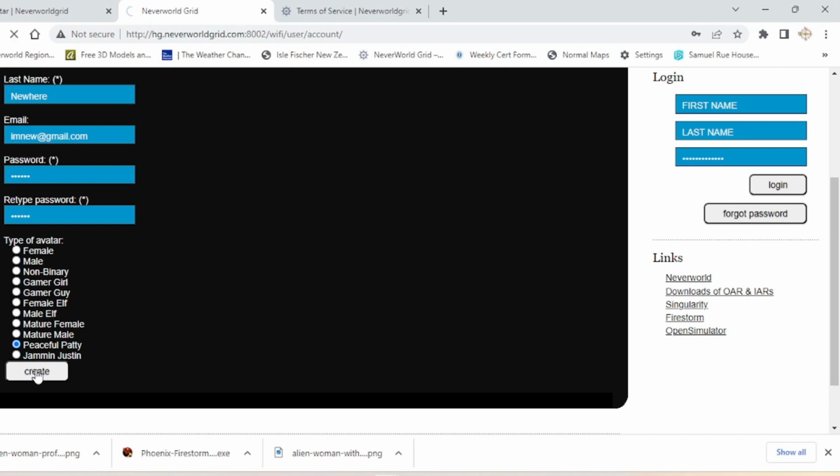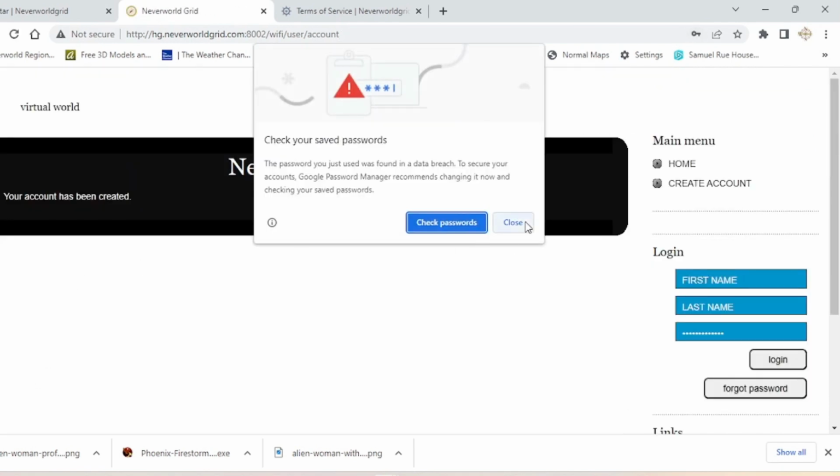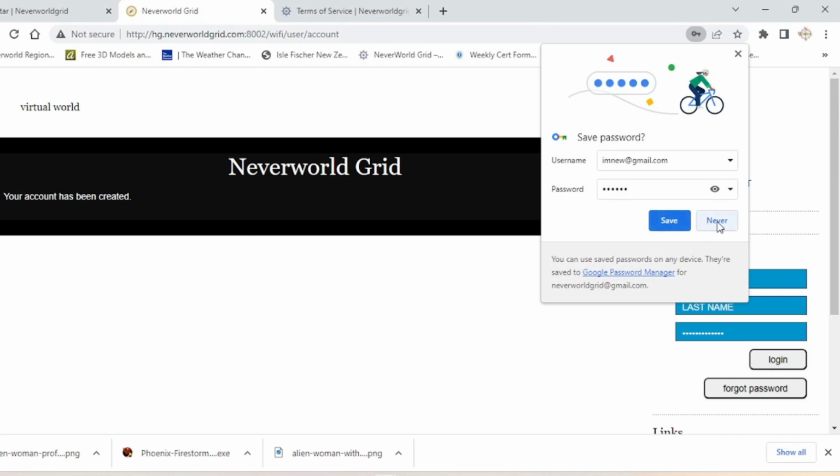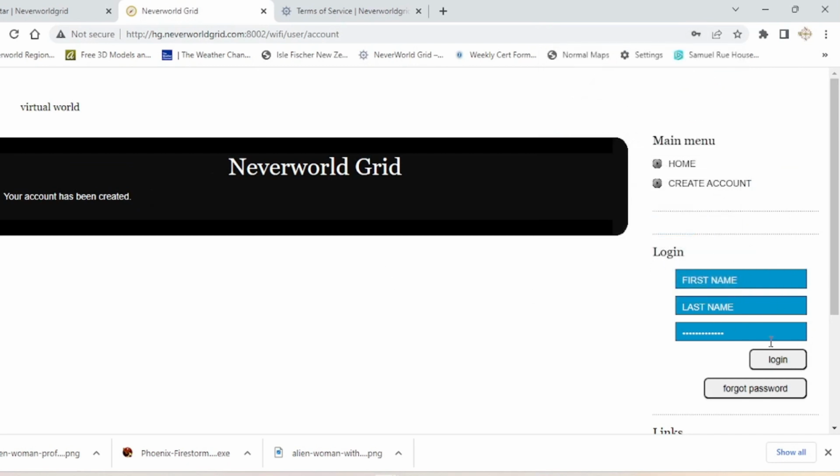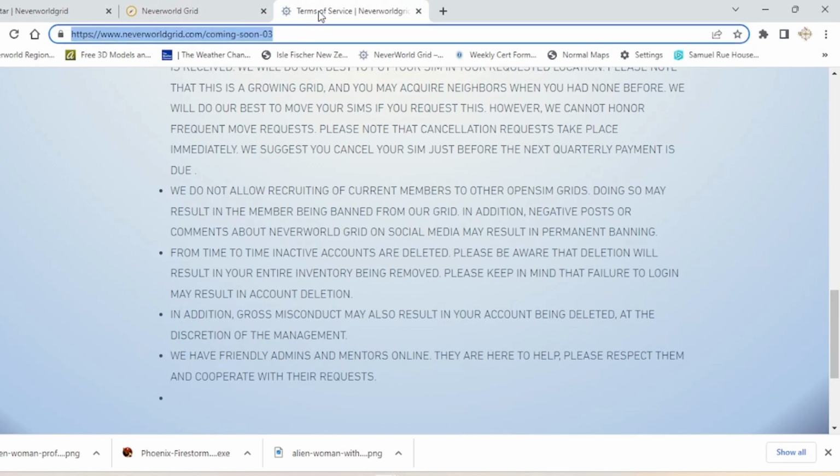And it just takes a minute. And it'll say your account has been created. Now you do not log in here. This is just to log in to do a few online things. You're not going to use this to get into the game. No, you're going to go to the